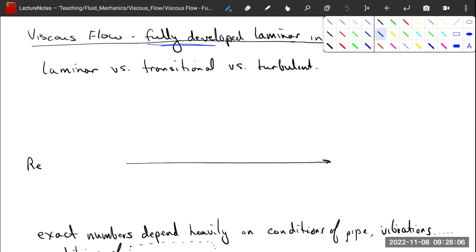All right, so we are talking about viscous flow, which means now, right, we're fully embracing the fact that fluids have viscosity and they have viscous losses. And we're going to start with looking at flow in pipes, internal flow, in particular, fully developed laminar flow in